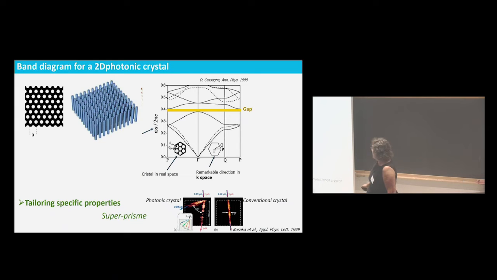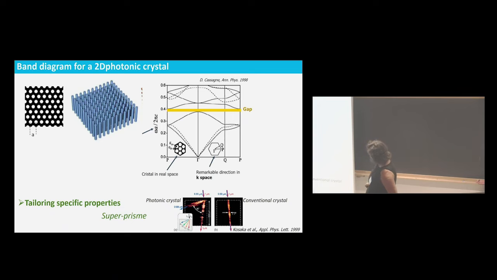So this is the K space, the reciprocal space, and instead of presenting all the directions of the K, which is much more complicated, you restrict your representation to specific directions which have a remarkable symmetry of your crystals. For example, for this hexagonal case, in the reciprocal space, you have this representation of the K, the main directions. So you have the P, the gamma is the center, so K equals 0, and you can go to the P, go to the Q, and come back to the K.